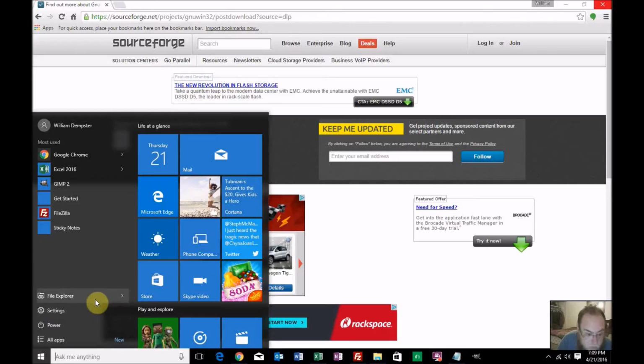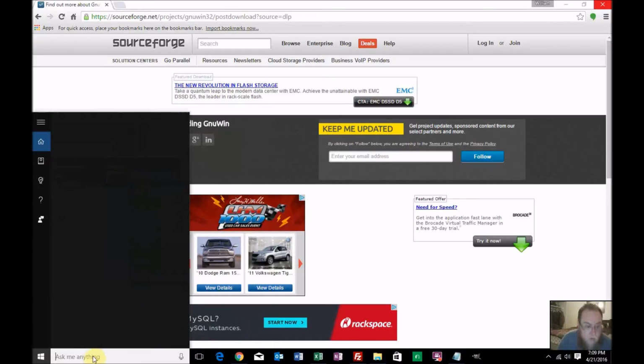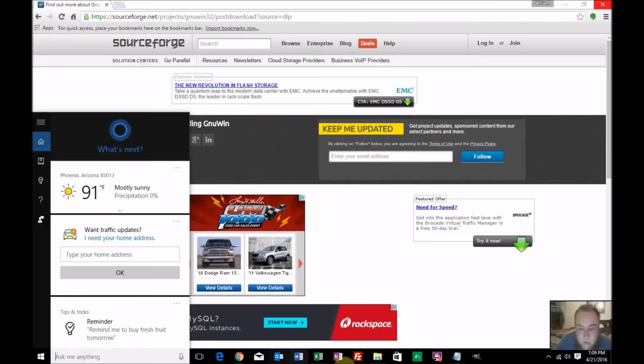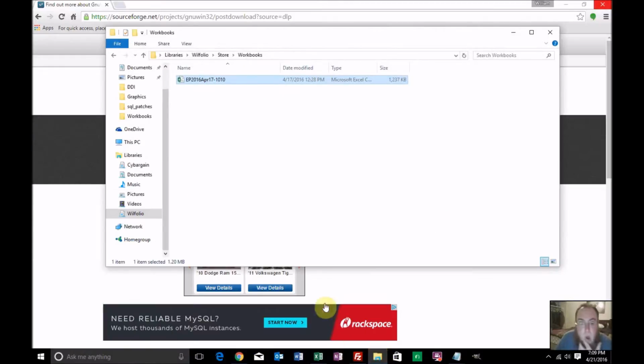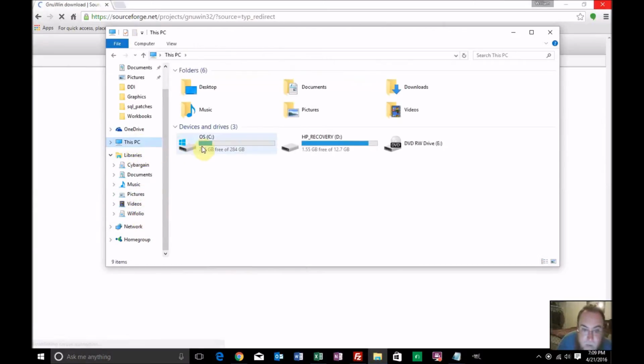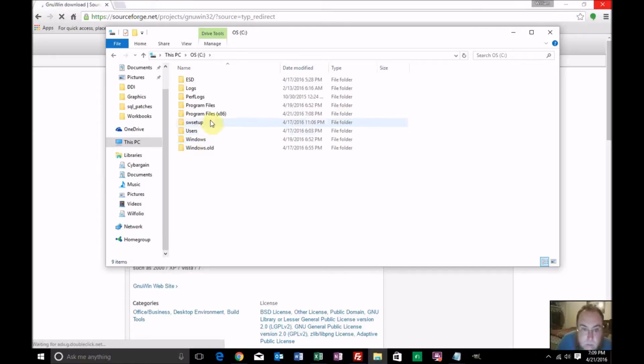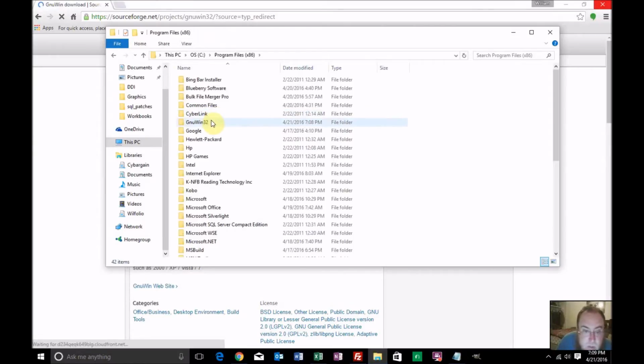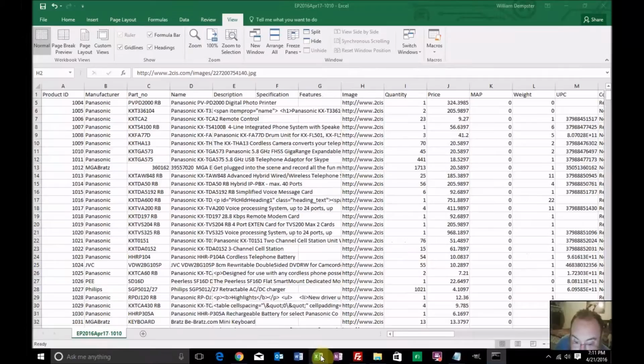I probably should have installed it in a more accessible place. Program files. Now what we want to do is come back to our Excel